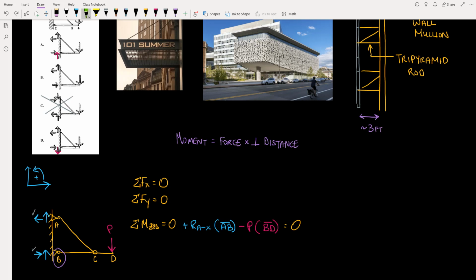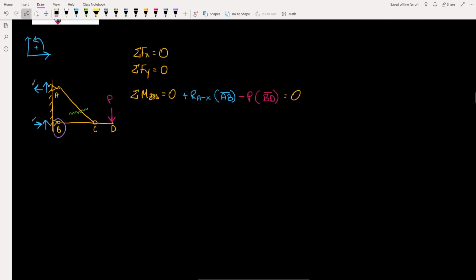So we can apply a cut to this structure. For example, we can cut it right there, and evaluate only what's on the bottom half. And that bottom half, like the rest of the structure, will be in equilibrium, and we can use these same equations. So what this allows us to do is redraw our free body diagram, but this time it's going to look a lot simpler,